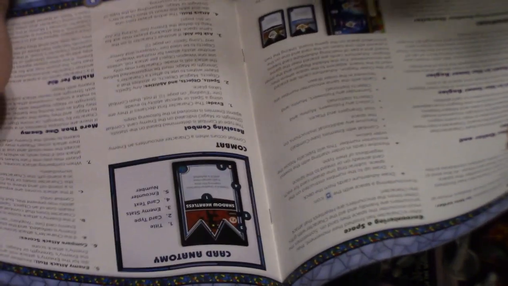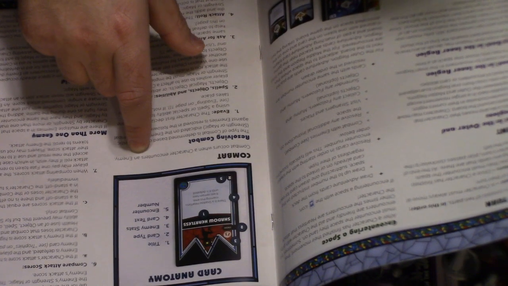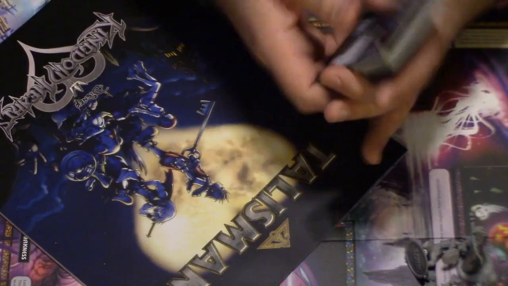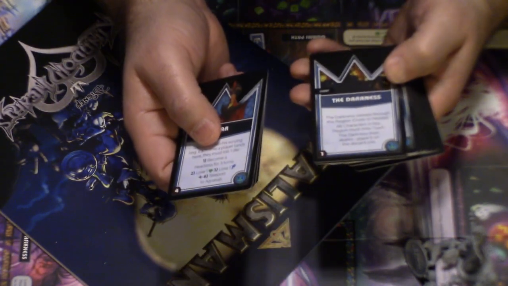Combat. Resolving combat. It says combat occurs when a character encounters an enemy. No, this just says villain, it doesn't say enemy. The type of combat is determined based on the statistic, strength, or magic indicated on the enemy card. Combat against enemies is resolved in the following steps. Evade, spell, so same setup. Okay, so we have Jafar, we have Hades, Ursula, the Darkness,